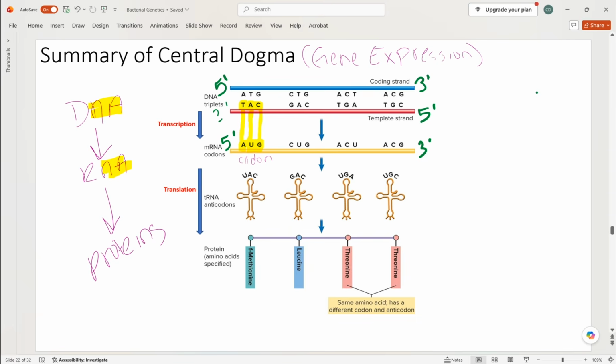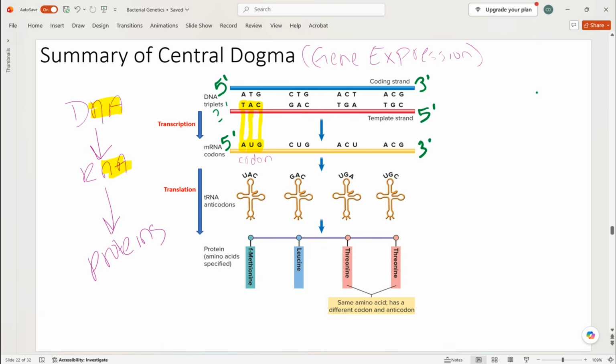And so then during translation, the messenger RNA is going to serve as the directions. And so the start codon is AUG. That tells the cell, hey, I need methionine as my first amino acid. The little tRNAs, one of them is going to go out and grab that methionine and deliver it to the ribosome. So remember, y'all, we need to be keeping in mind our key players.